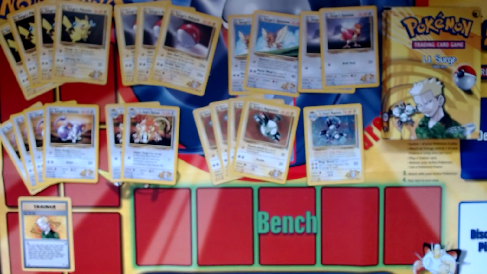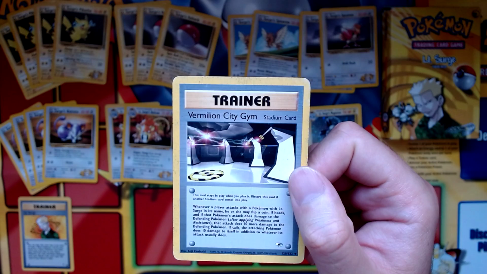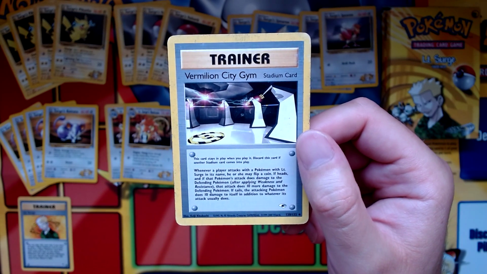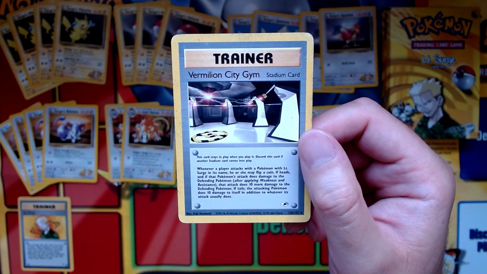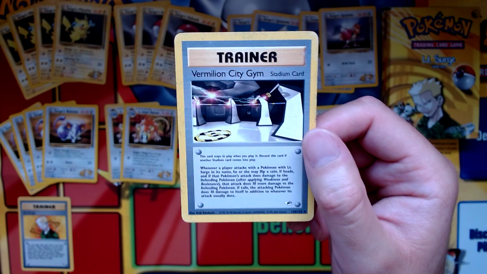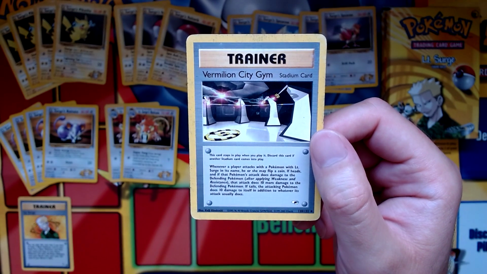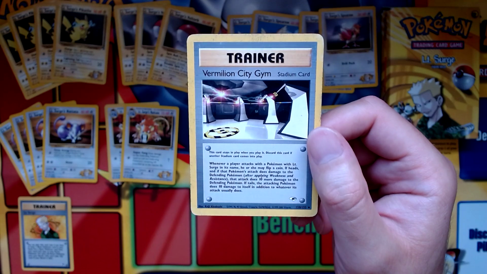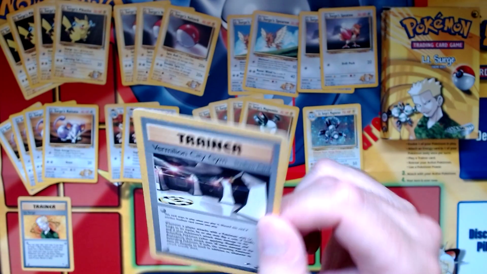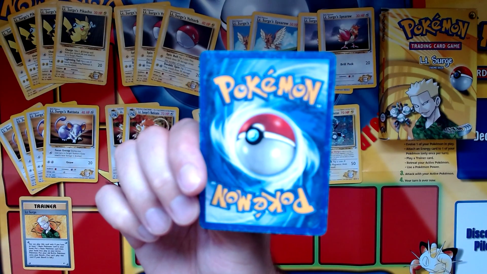Anyway, the next one is the gym that we need to look at. This poor Vermilion City Gym copy has seen better days for sure. It is basically a permanent plus power on a 50-50 chance, and if you do get it wrong, you still deal the regular damage of your Pokemon, but your Pokemon has to take 10 damage. I still think it is a really good stadium card. I need to have a look if I have a better copy of this, because again, the one I have got is,